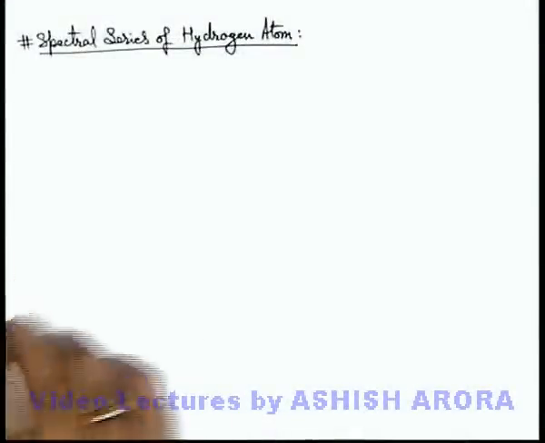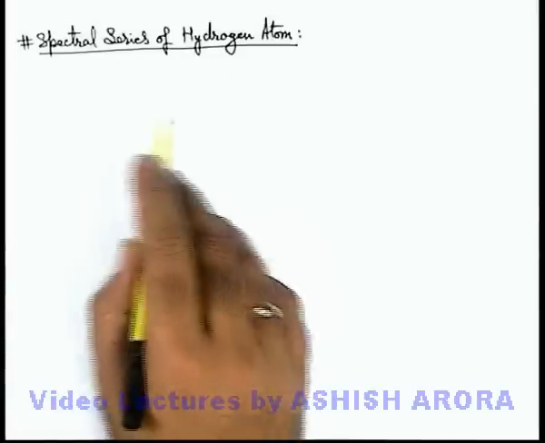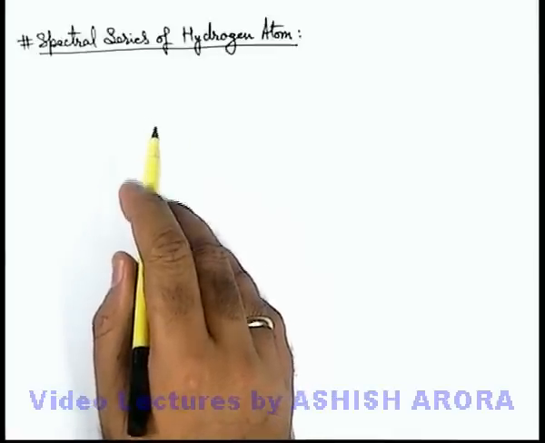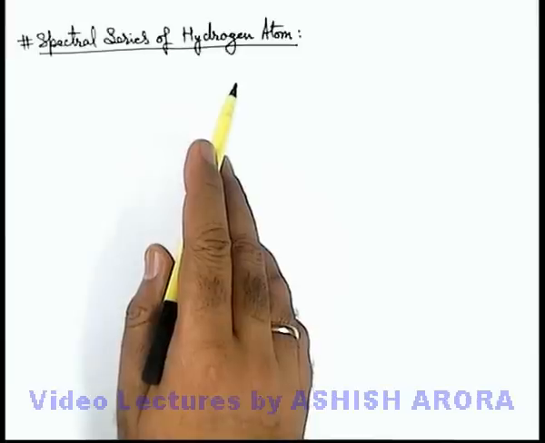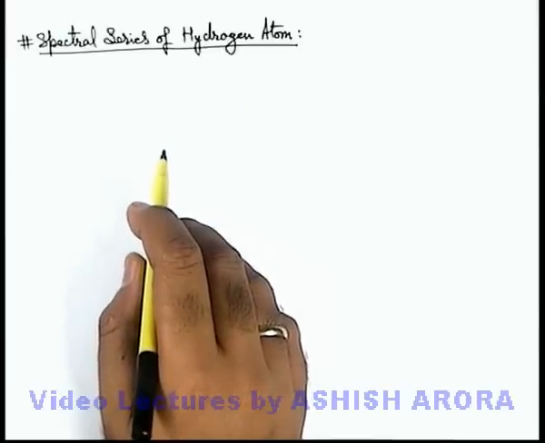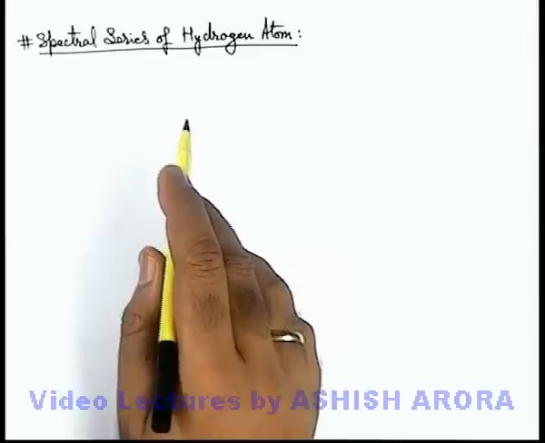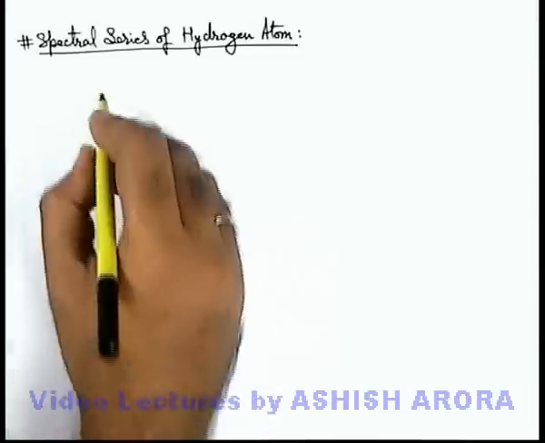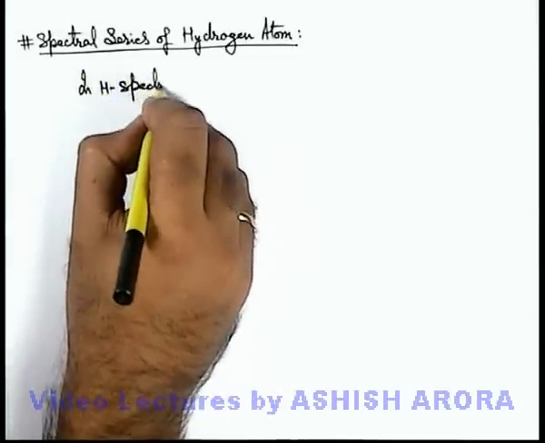Let us now discuss the spectral series of hydrogen atom. We already studied in the previous section of hydrogen spectrum that whenever an electron de-excites in a hydrogen atom, corresponding to each de-excitation pair of energy levels, a spectral line is plotted in the spectrum. Now, if we talk about all the spectral lines in the hydrogen atom, we can state that in hydrogen spectrum,